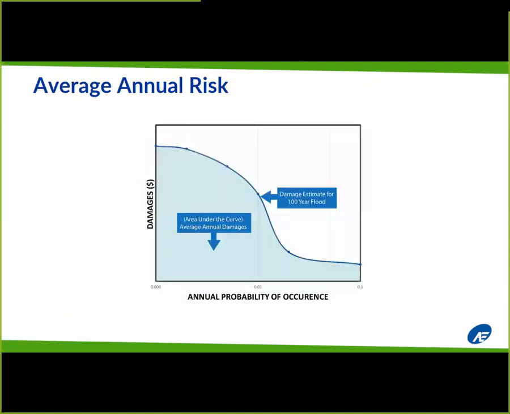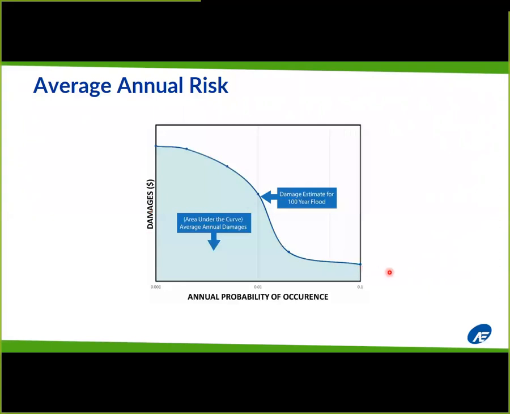Okay, so here's one important point that I would like to make. When you're looking at these models, what you're evaluating is an event that, for example, might happen once every 100 years. So that's one particular event, but it doesn't give you an idea of what the average risk is for a given year. In order to do that, you need to evaluate a number of different events that have a range of different probabilities, and then you need to calculate dollars of damage for each of those events. So you end up forming a bit of a curve here that represents that